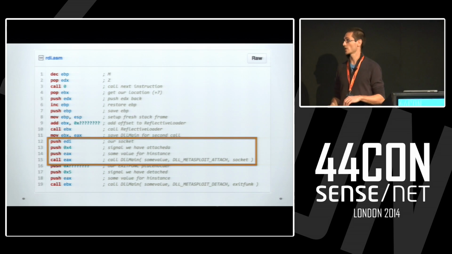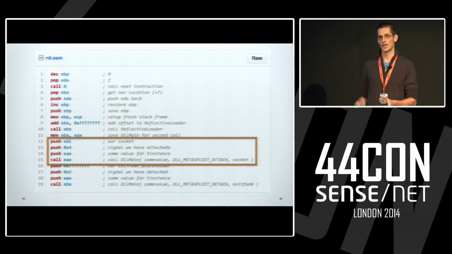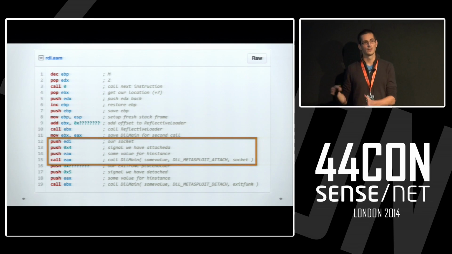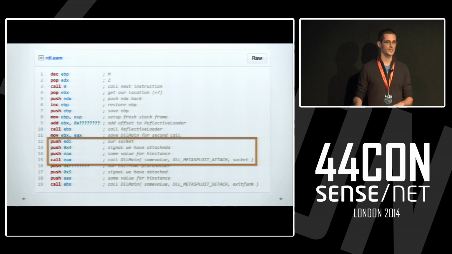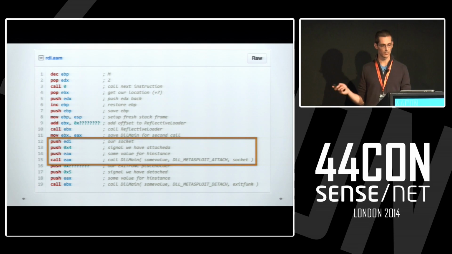This is actually a blocking call. In this case, we're invoking metserve, that first stage, and metserve is going to take the socket descriptor and handle communications from there on. It's going to wrap it in SSL and do a bunch of other bits and pieces. This blocks until you've asked Meterpreter to shut down, or it crashes, or incident response manages to shut you down. And when that finishes,